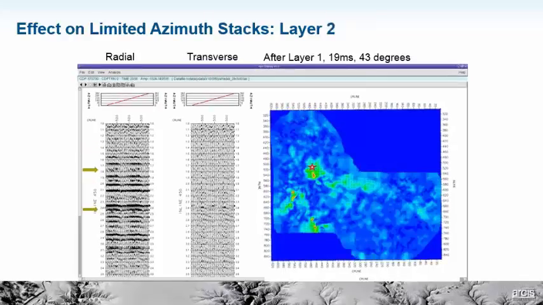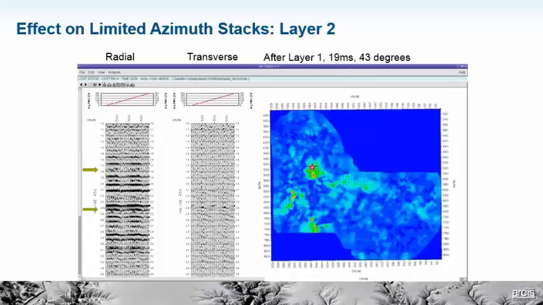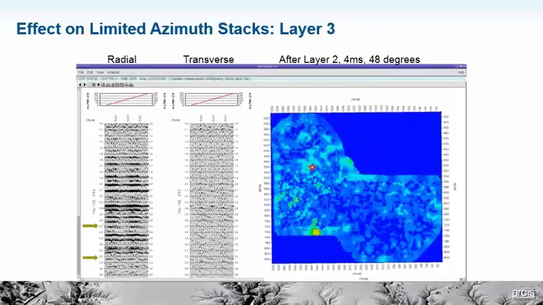And of course, it's moved from the transverse onto the layer strip radial component. These arrows on the left, the yellow arrows, indicate the actual time window that was used for the analysis step. So after that first layer, you can see we've made a big improvement. There's still a bit of waviness left on the radial component, so we continue layer stripping the second layer,